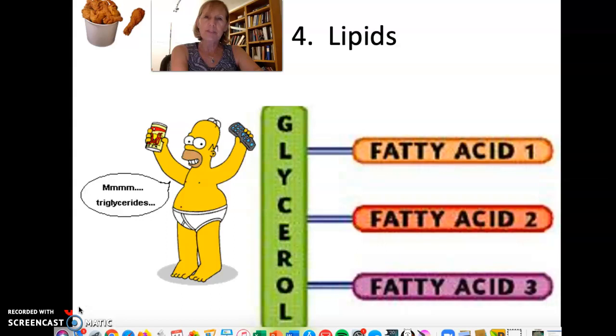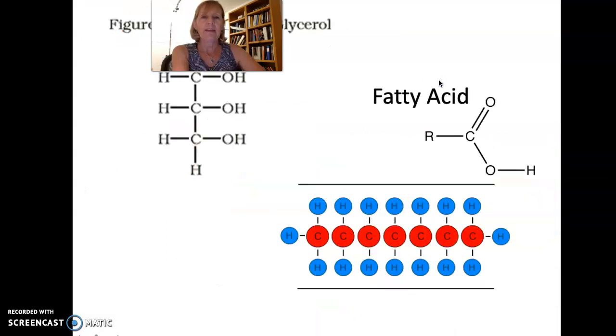And so when you think about a triglyceride, you're thinking about three chains of fatty acids. So really simple, if you think of it in a real simple fashion, you have a fatty acid 1, fatty acid 2, fatty acid 3, like in the picture here, attached onto a glycerol. Okay, that's what a fat is. That's what a lipid is. So if you add a little bit more information onto that,